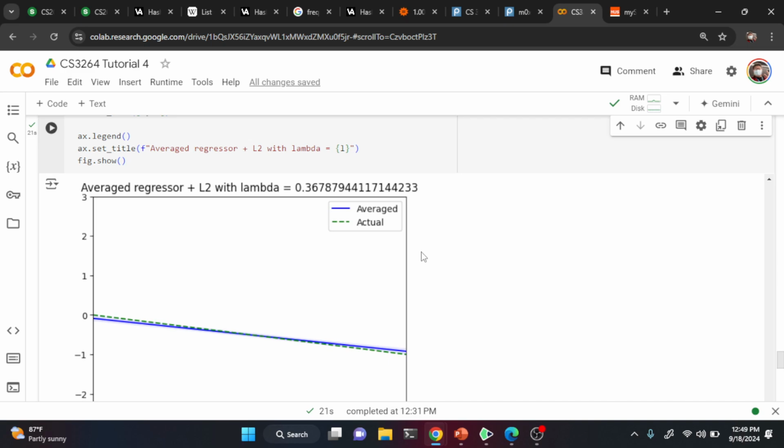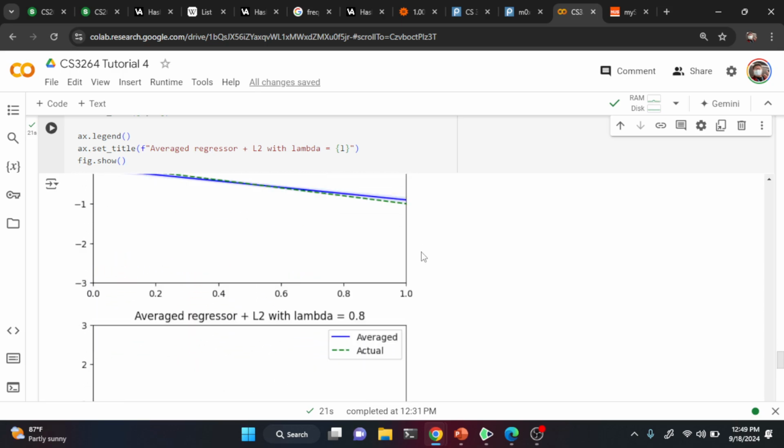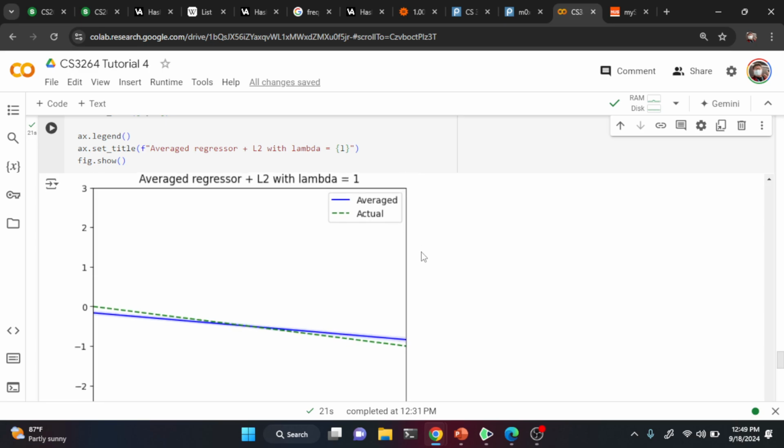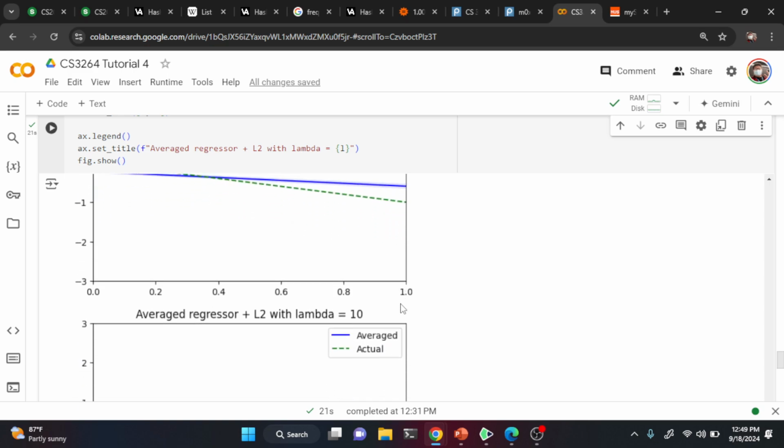At this point, the bias is just for each point here, how does it differ from the actual line? That's where the bias comes in. Remember, Prof. Harold draws at this distance: for all of the x points, how does the average one differ from the actual one? Now you see that there's some deviation. I'll scroll down further until we reach higher values of lambda. When lambda is equal to 1, you see that this starts to deviate much more. When I set this as 10,